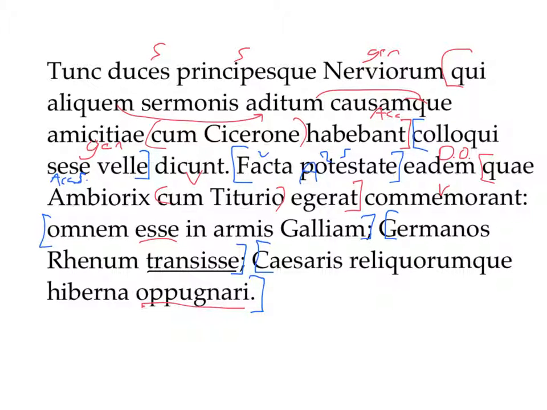Then the leaders and the chiefs of the Nervii, who had some approach of speech and a cause of alliance, of friendship with Cicero, say that they want to talk. With that opportunity having been made, they recalled the same things which Ambiorix had, egerat here means to say, which Ambiorix had said with Titurius, who is Sabinus,